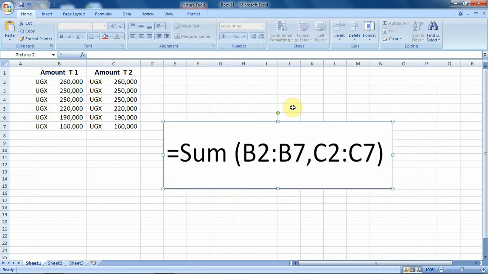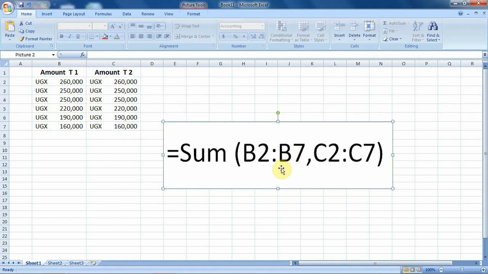Like we said in our previous tutorial, every function that you insert in a worksheet has to begin with an equal sign. Then after the equal sign, you're supposed to go ahead and define the function name. In this example, sum is our function name. After the function name, you're supposed to write the argument. An argument is simply a range of cells from where your values are.